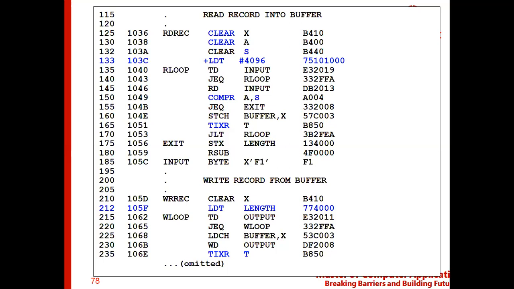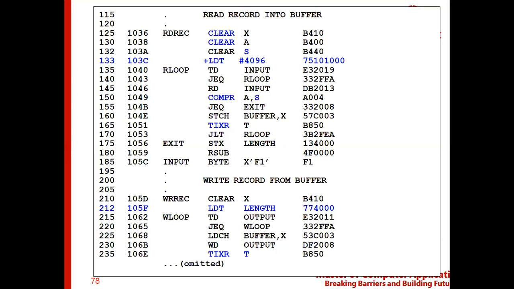Why I was pointing out some of these instructions is that we should understand how the calculation happens for assigning addresses. As I was telling you, in the SIC machine there is only one instruction format, so it is very easy for us to understand how the address is assigned to each and every instruction as you move from one instruction to the next. So what is the address of the next instruction? We can easily understand because there is only one instruction format, and it occupies 3 bytes of storage.